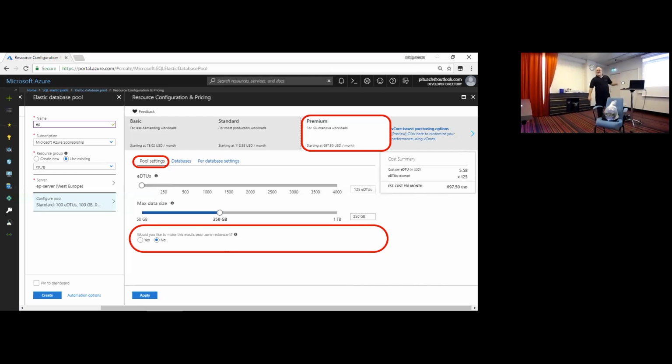Anyone know what is zone redundant? Anyone heard about zones in Azure? Okay, so this is off topic, but it's important to know. You probably know that in Azure we have the option to have geo-redundant. Geo-redundant is based on replication in different regions.